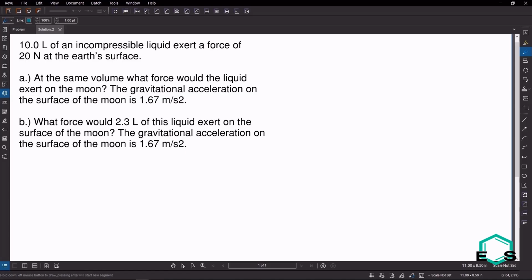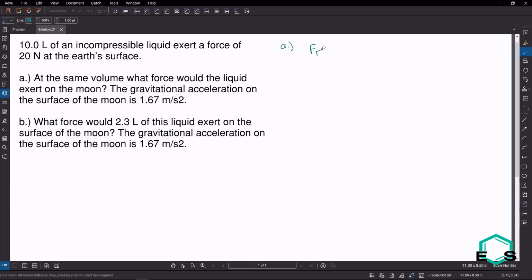A 10 liter volume of an incompressible liquid exerts a force of 20 newtons at the Earth's surface. At the same volume, what force would the liquid exert on the moon, given that the gravitational acceleration is 1.67 meters per second squared on the moon? All right, so for part A,